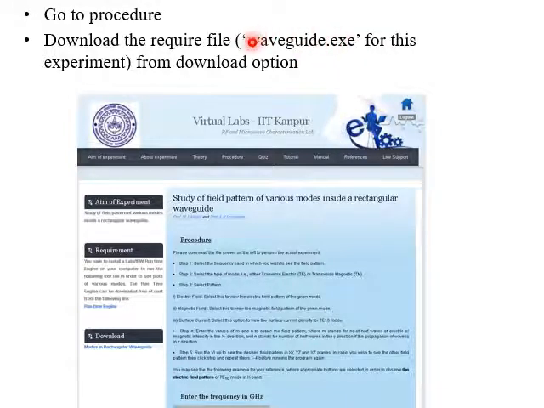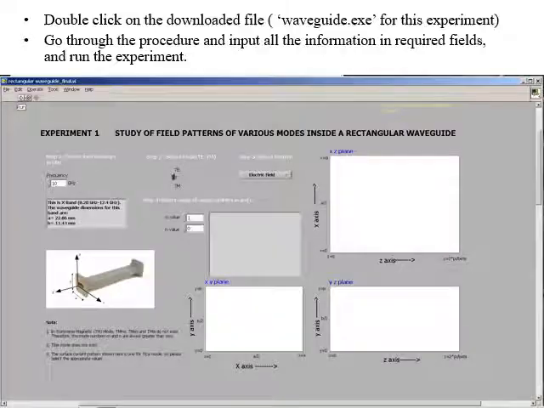Mind it, for illustration purpose, we are in the first experiment, which is the experiment related to the waveguide. So waveguide.exe will be downloaded in your PC. Now you double click this waveguide.exe and this interface, this program will appear in this way.